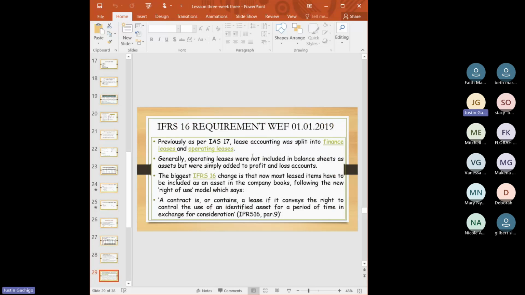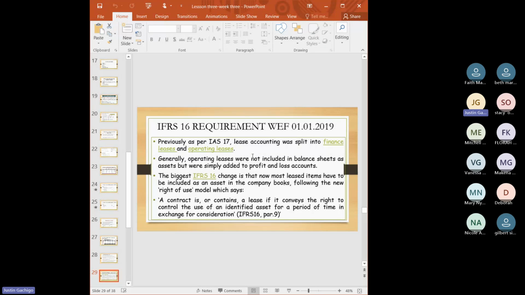Previously, as per IAS 17, lease accounting was split into finance and operating lease. Generally, operating lease was not included in the balance sheet as an asset, but was simply added to the profit and loss account. So this one we have seen, that operating lease was treated as an off-balance sheet item. The biggest FRS 16 change is that now most of the leased items have to be included as an asset in the